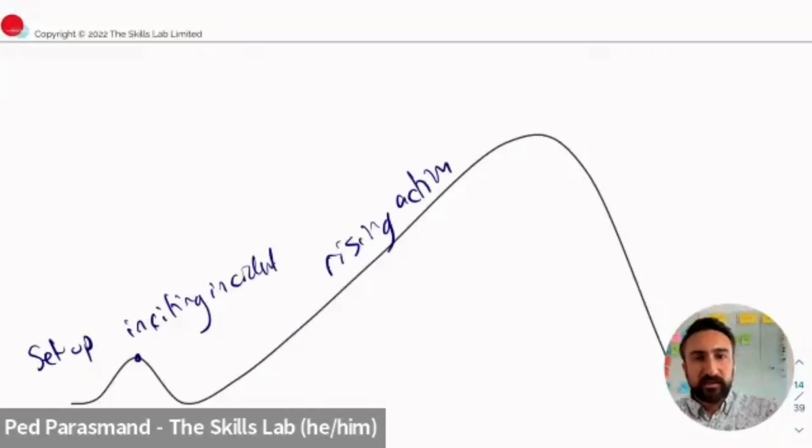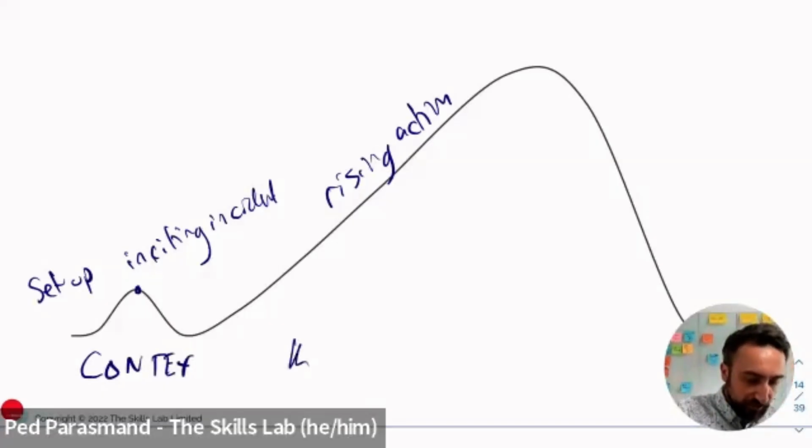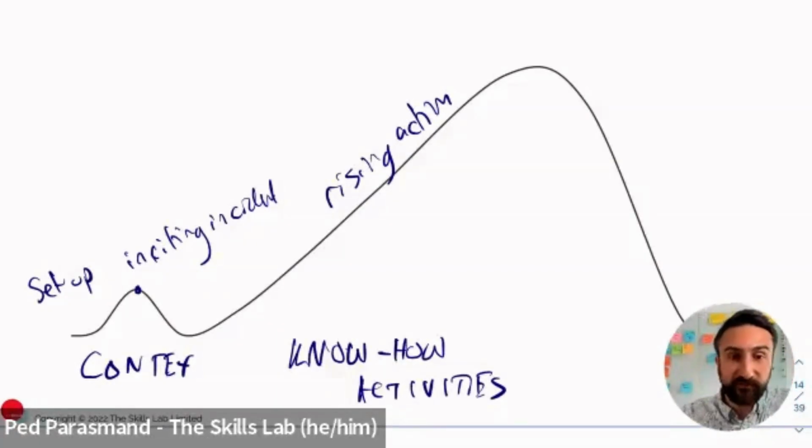So rising action is a successive plot twist. In a training session, it's the things that you do, like what you explain to your audience, and the things you have your audience do to get them insights, awareness, new knowledge. They might be creating something. If this is setting the context, this is all about sharing know-how and your activities. This is just the active stuff.